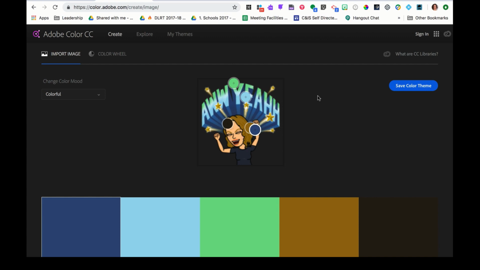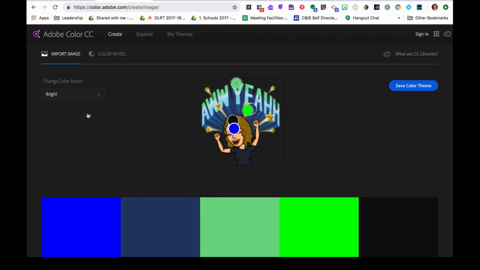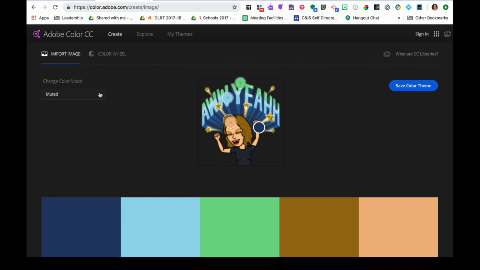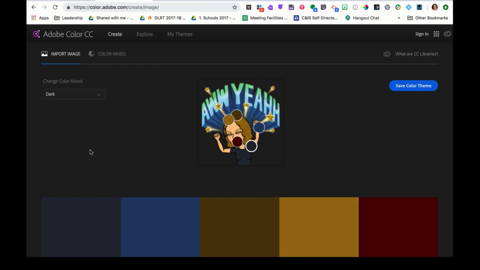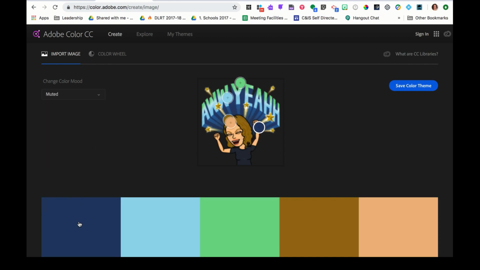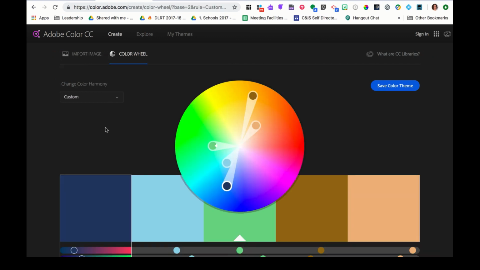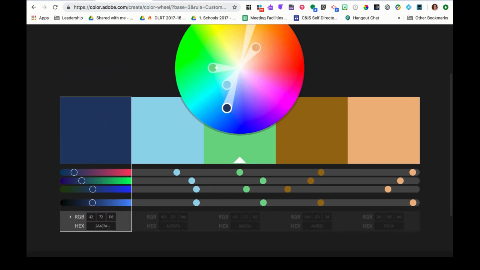So let's create an image in Canva from scratch. I've imported my Bitmoji into color.adobe.com, and I'm going to create some different brand colors. I'm just going to toggle through the different ones until I find what I like. I actually like the muted, so I'm going to click on that and grab my color wheel. I'm going to grab this hex color